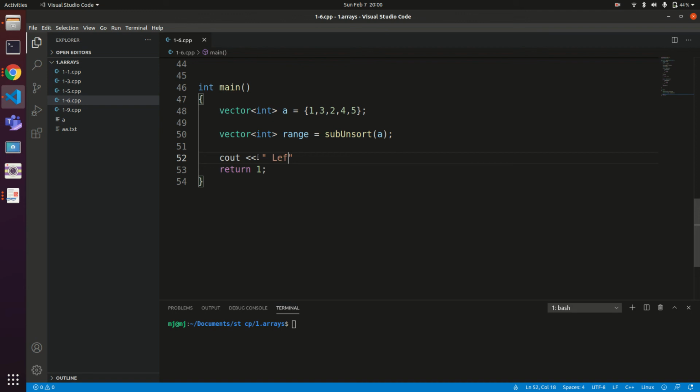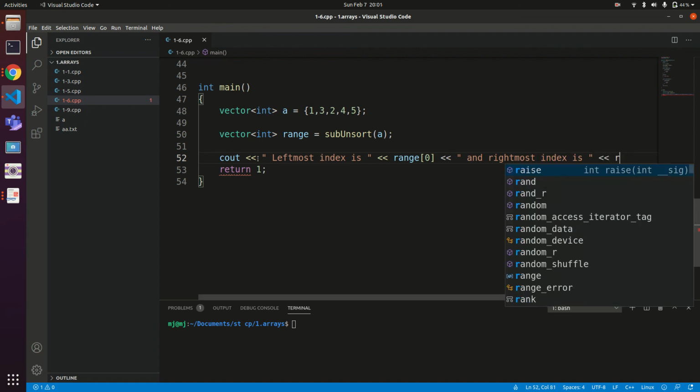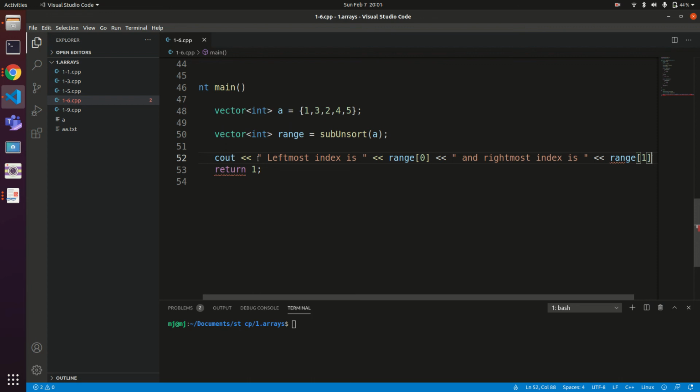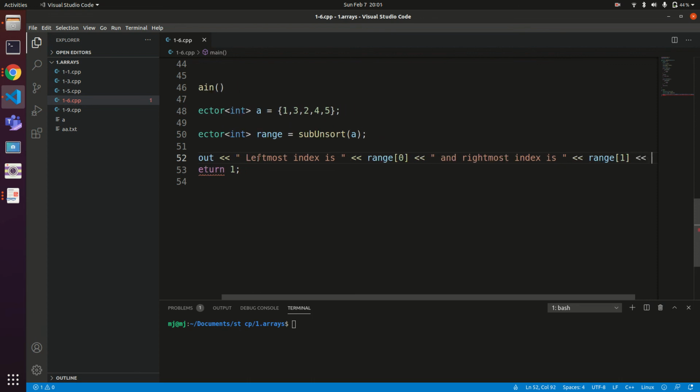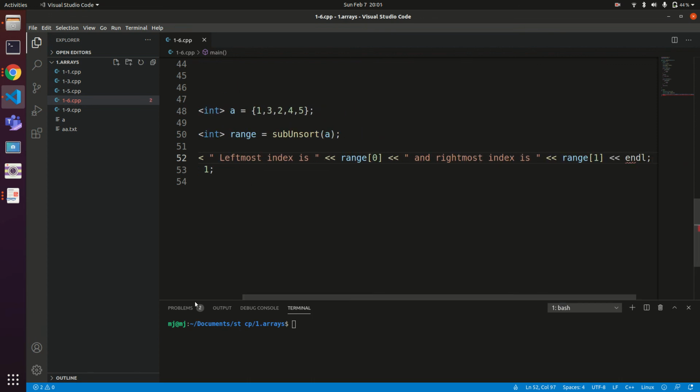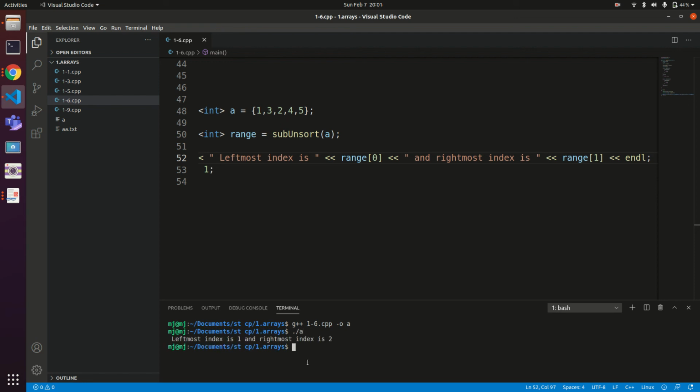So leftmost index is range of 0, and rightmost index is range of 1, because range consists of L comma R, which is the leftmost and the rightmost index. Okay, so let's compile this. Great, now let's run it.